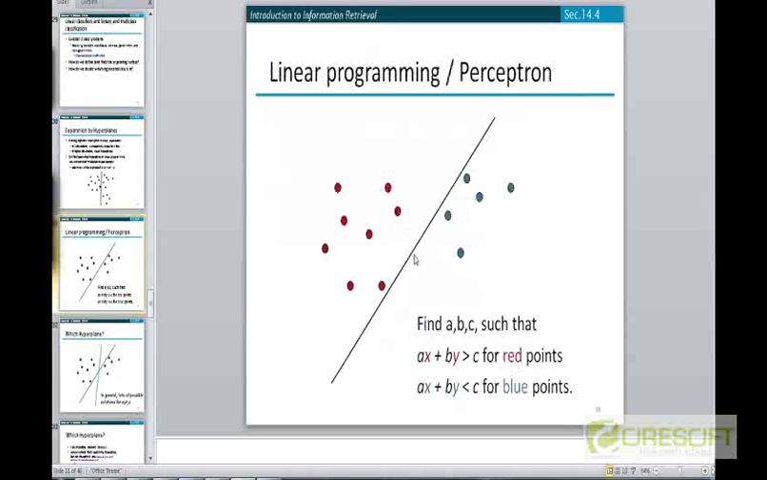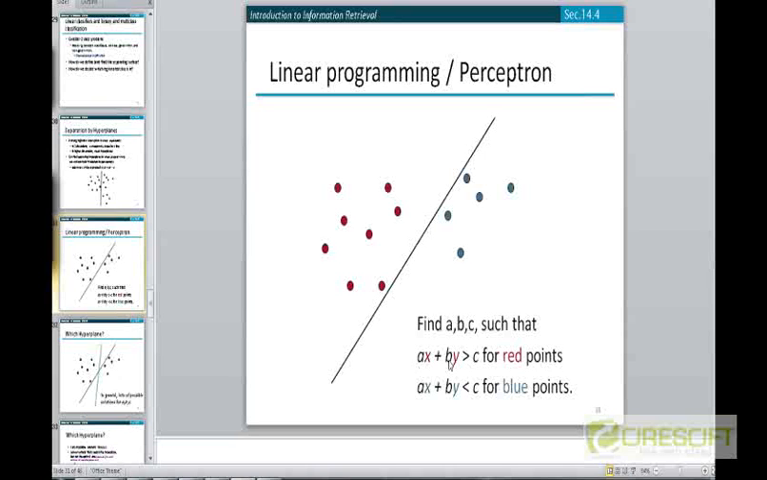Now one of the things you can note here, which I also told you: if you have a decision boundary, then depending on which side of the line the test document lies in, you'll classify it into either the red class or the blue class. And that is exactly what I showed you by deriving that formula, where you just check whether a times x plus b times y